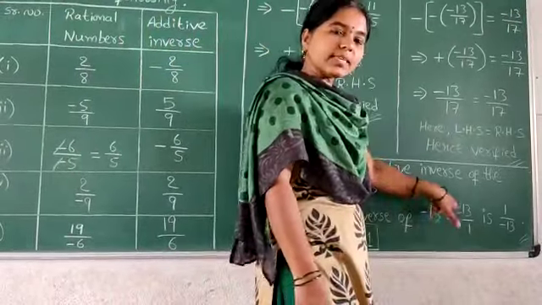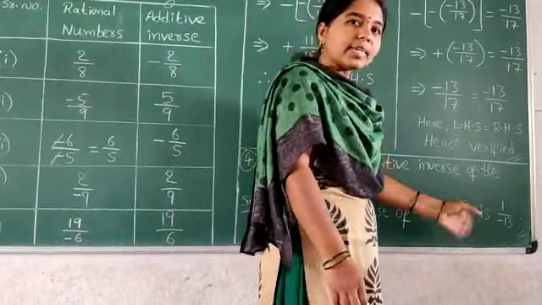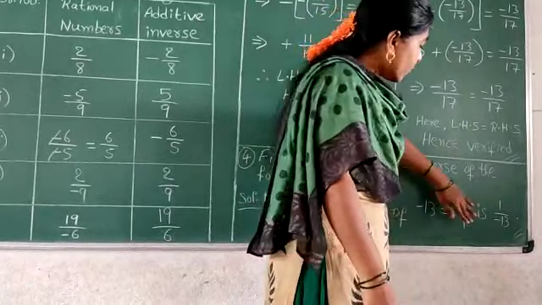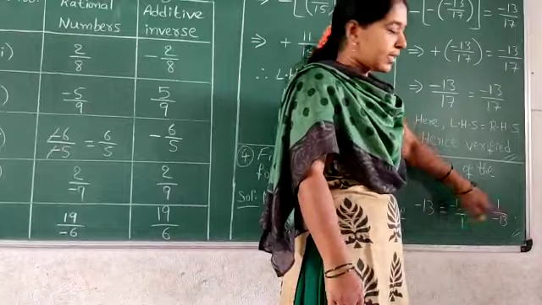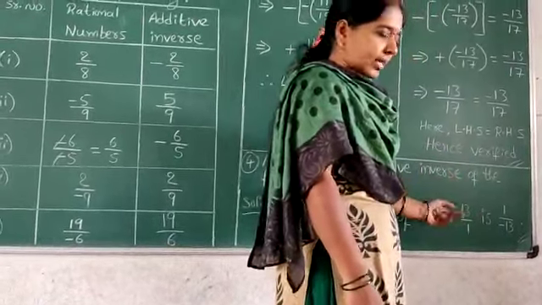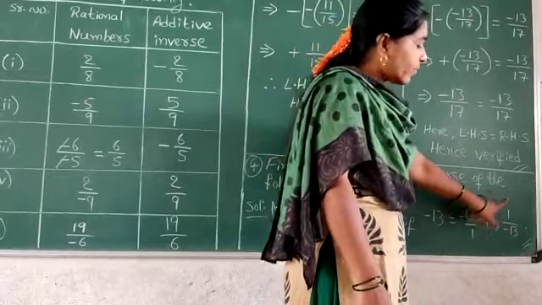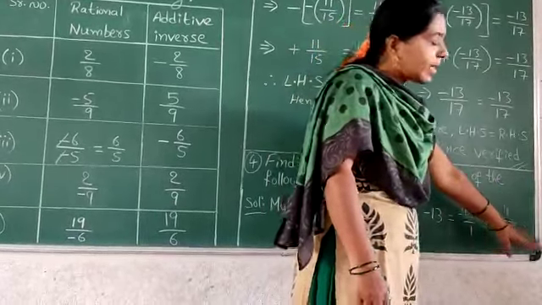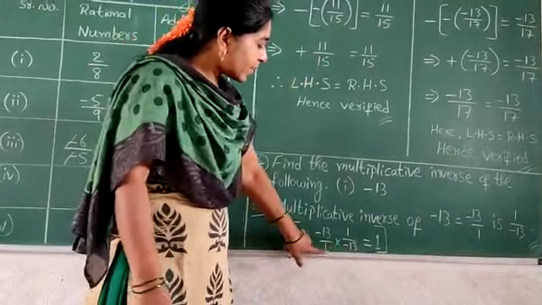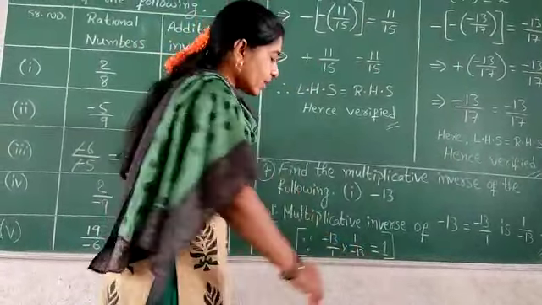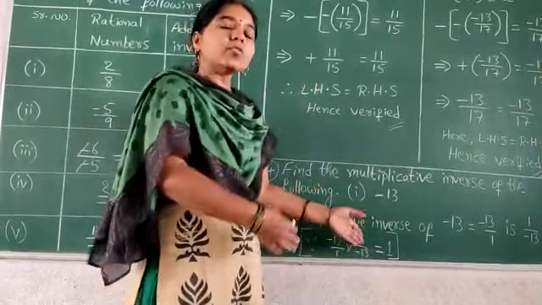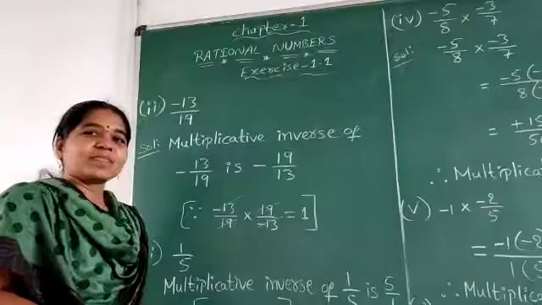We can write it as minus 13 by 1 because we have to write it as a rational number. Minus 13 by 1, rational number. If you write the multiplicative inverse for this, it will be equal to 1 by minus 13. Means reciprocal of that. Minus 13 by 1 is 1 by minus 13. Here the answer is done. The reason is because minus 13 by 1 into 1 by minus 13 is equal to 1. If you strike out 1, 1, minus 13, 1 into 1 is 1.